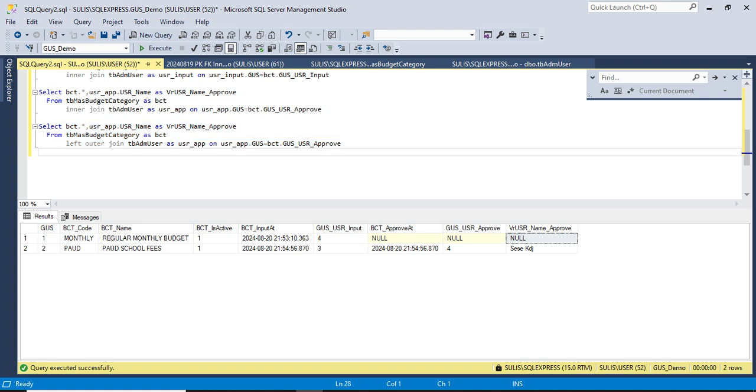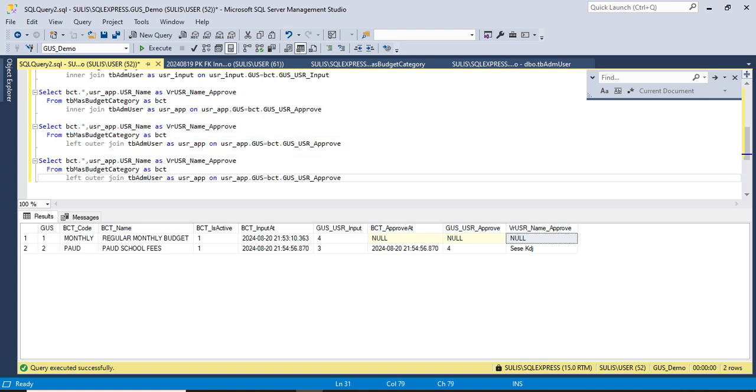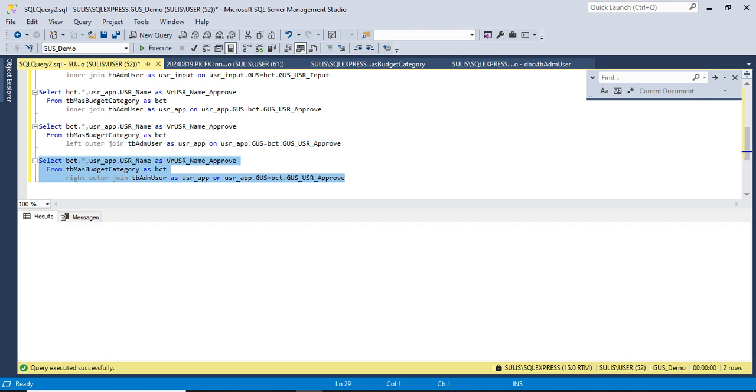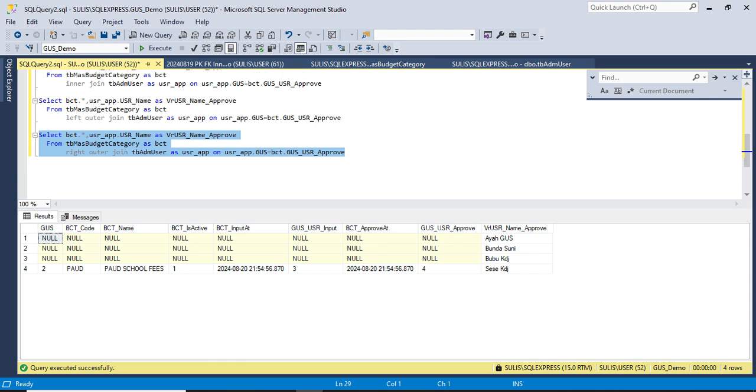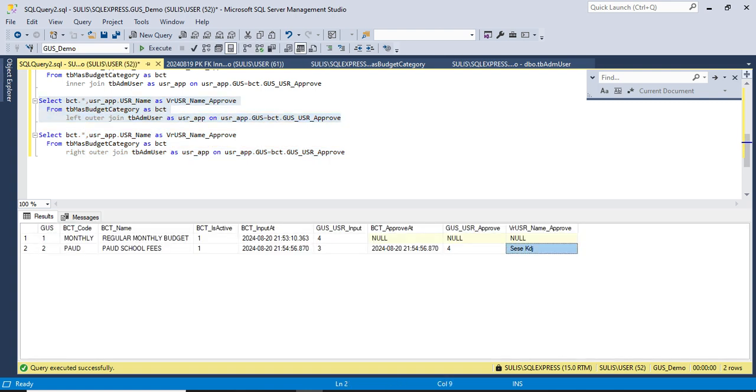And the reverse for right outer join means that the data that is not matched in the second table is displayed. You see, maybe this data will look confusing. So if I want to display data like this, let us reverse.